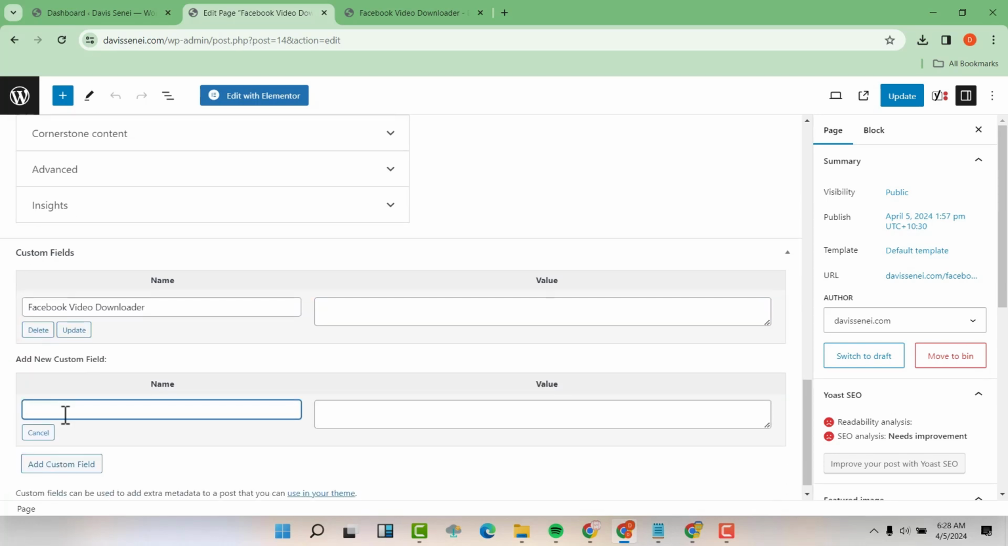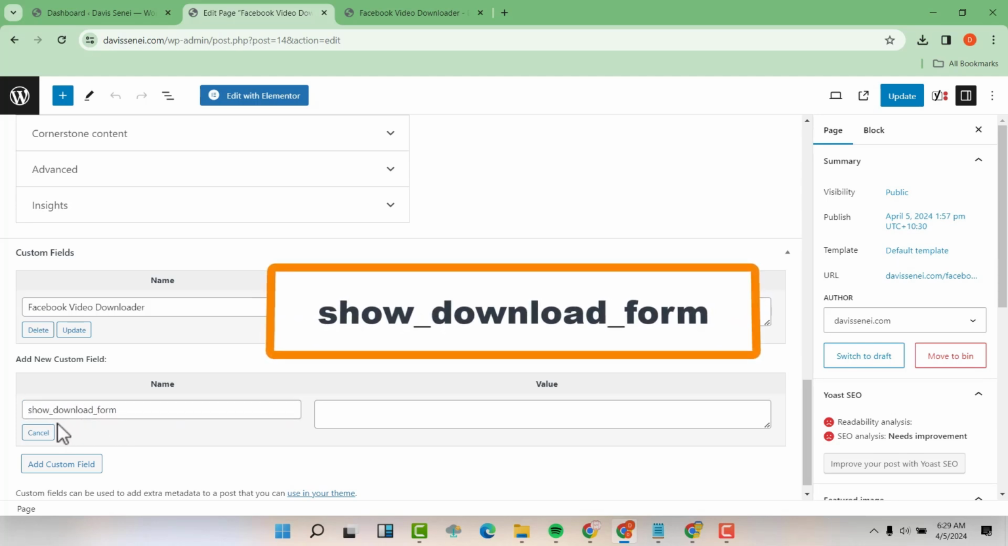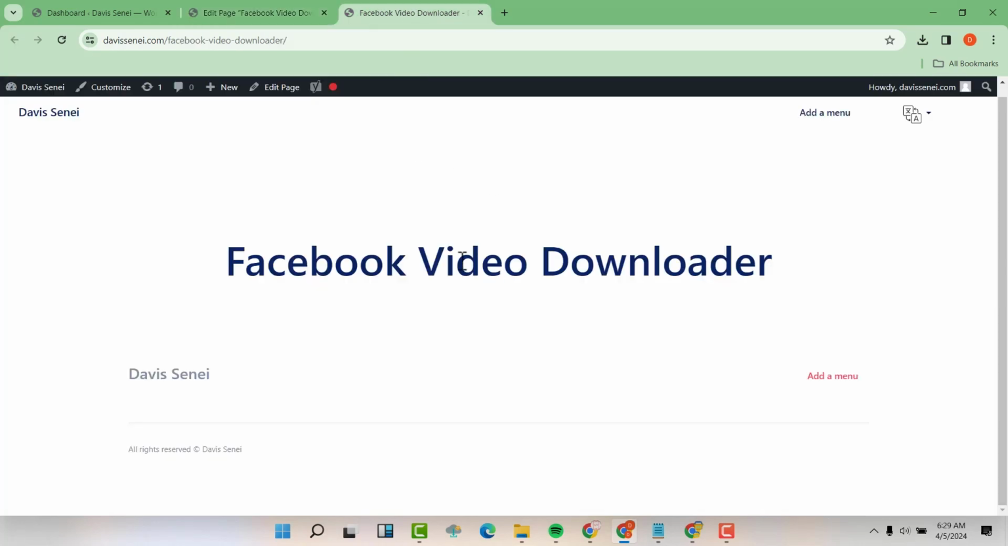So add another field called show download form. So it will be show, then underscore download, then underscore form, then its value should be 1. So when you're done with that, just click on update and our page will be updated. So if we go now to this page that we had created without doing that setting, and now we refresh it,